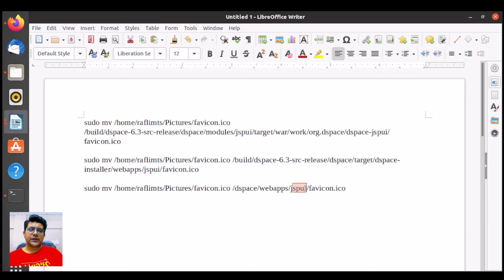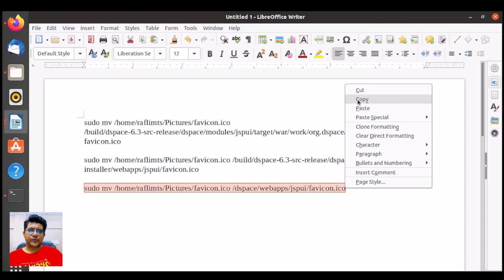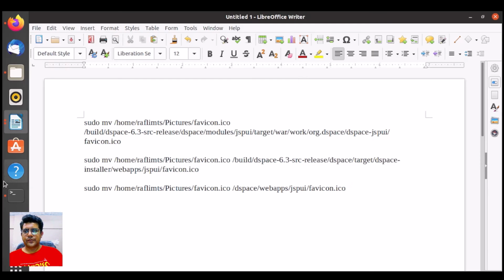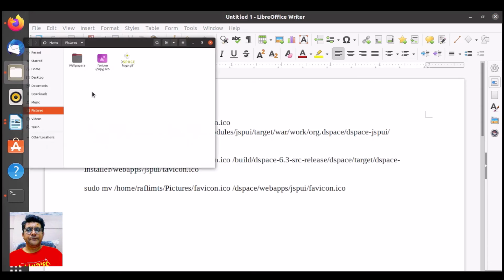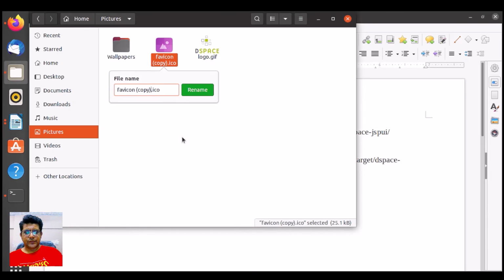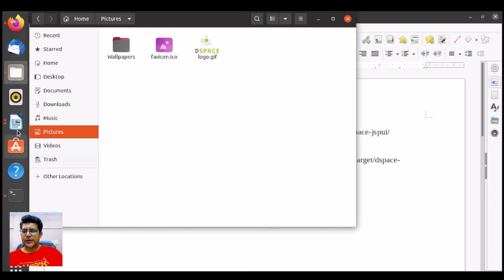In the webapps folder we have JSPUI, and in JSPUI we have the favicon icon. And we have only one icon now, so rename this to favicon,